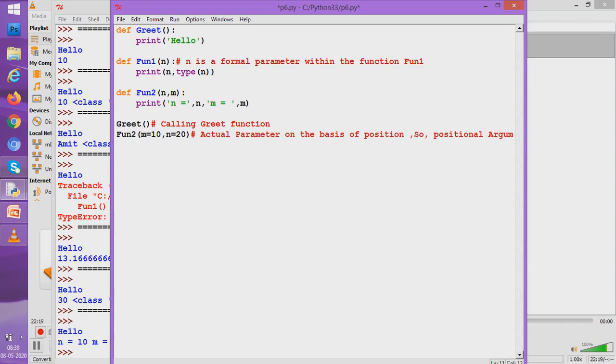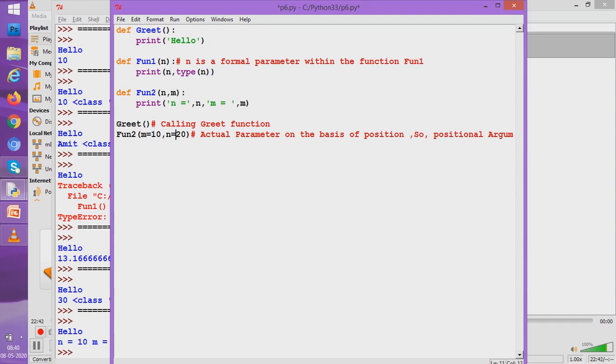This is another way of passing values to the parameters, and this is known as the keyword method. What did you do with the keyword method? You actually changed the order of giving the values to the parameters. In positional arguments, it was being given sequentially one by one.